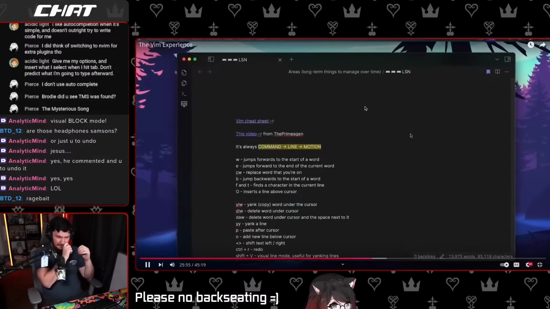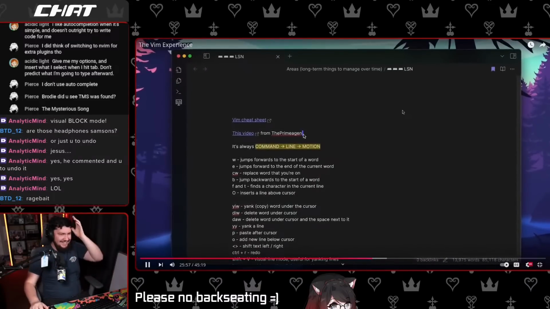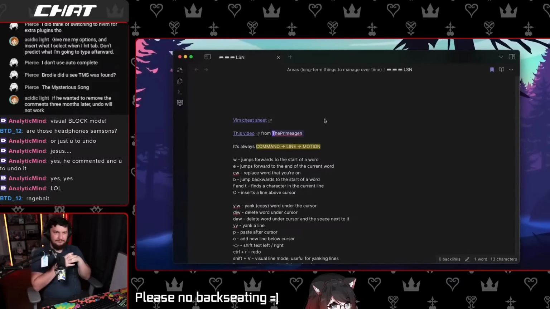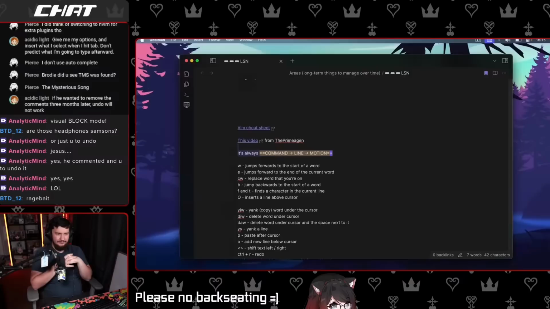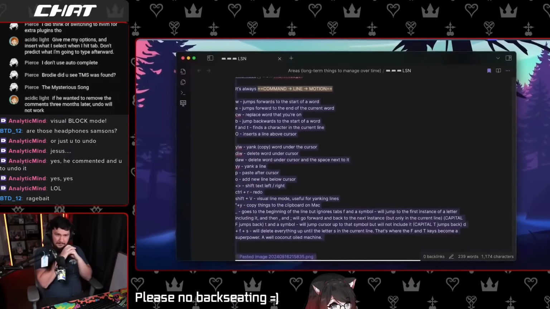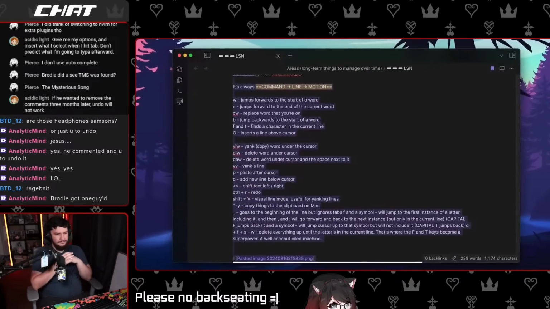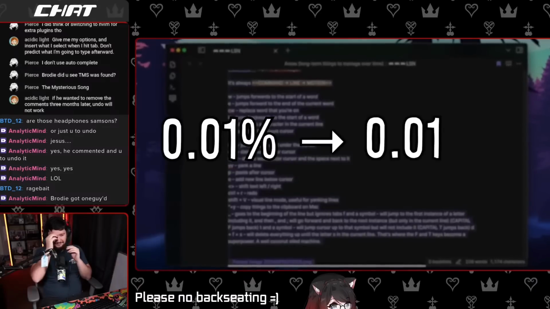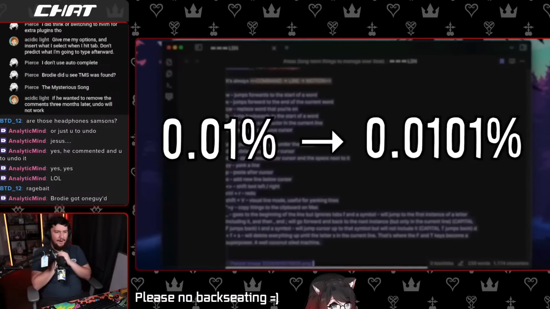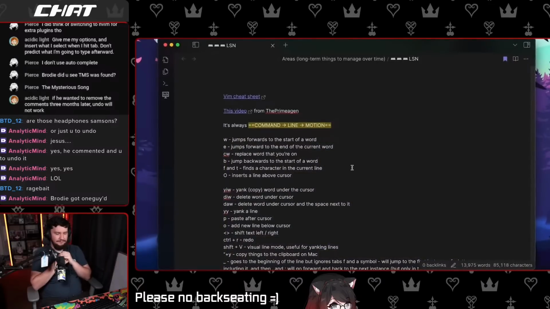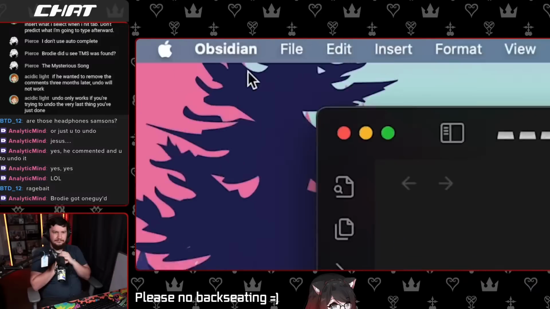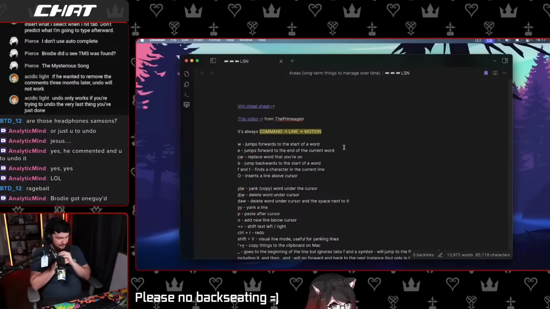It's been a couple of days during which I consumed a few of the videos from the Primogen and became a more well coconut oiled Vim machine. So here are a bunch of new tricks I learned, which now increased my speed of using Vim from 0.01% of my normal typing speed to 0.0101%. Wow. Of course, I'm still insanely slow, and I also figured out that I can use Vim keyboard shortcuts inside of Obsidian. So let's go over a few of these things.